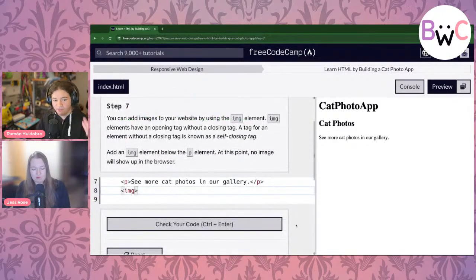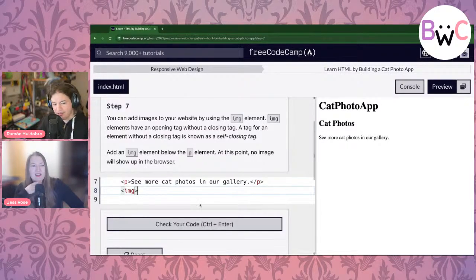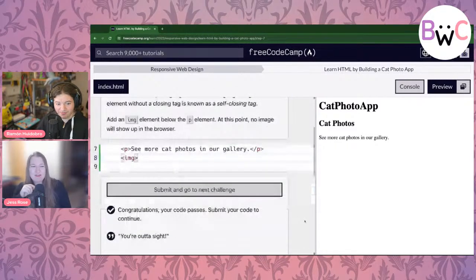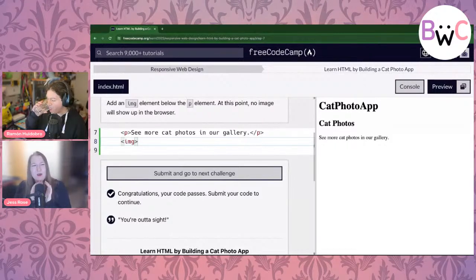If I leave it like that and check my code, of course we're not going to see an image because we haven't given it an image to display. We'll get to that in just a minute, and we're going to talk about images and being careful. What this self-closing element does, it doesn't do anything yet, but we're adding the semantic structure for where this is going to be.